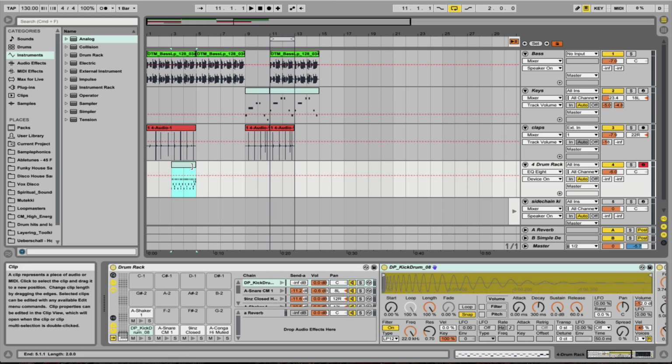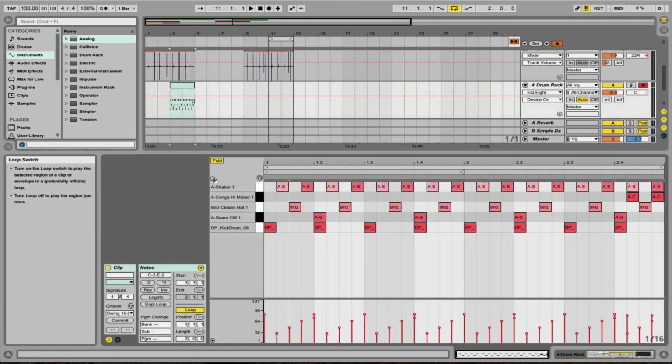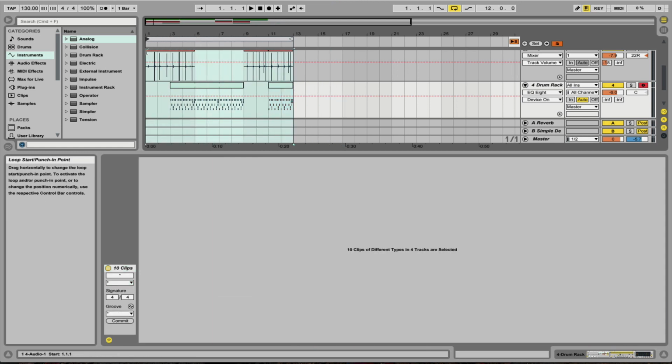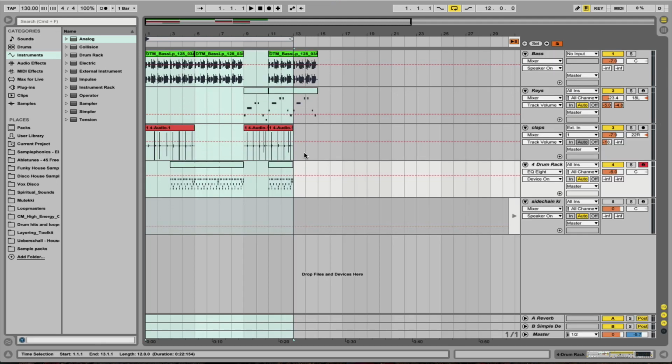Fantastic. Double clicking on it, we can see loop is enabled. So as we go to the right, we can drag it across. Let's copy that and paste it back here. Alright, and let's just check from the start. Okay, so that we can check that the sidechain is also going to be okay,